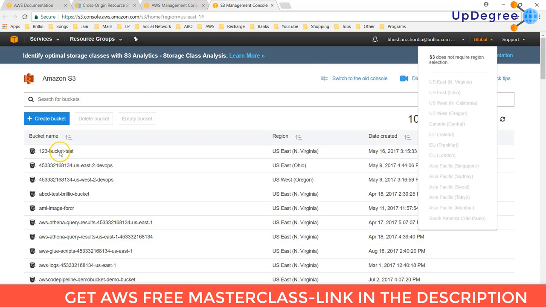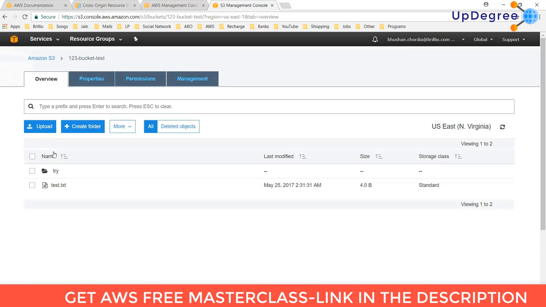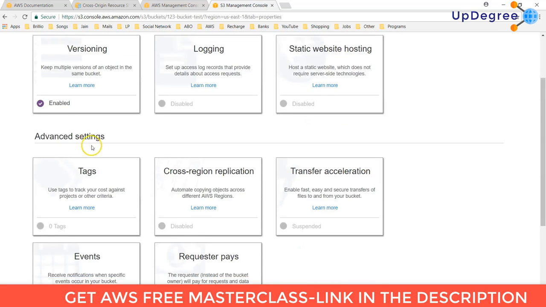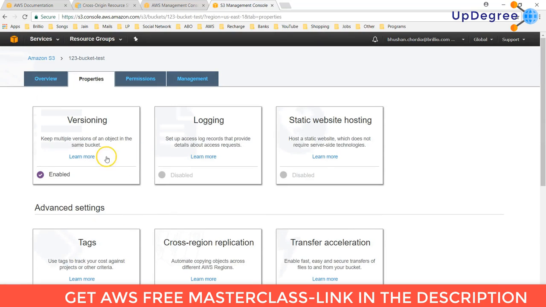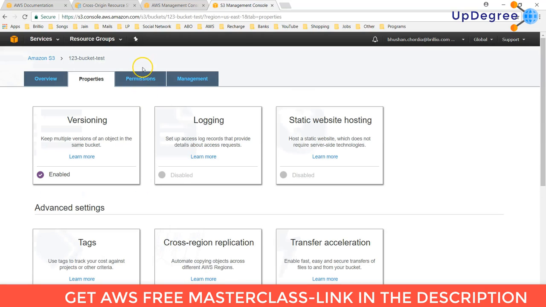Now I open this bucket, 123-bucket-test. In the properties section there are different properties. I will explain this in detail at the time of the demo.